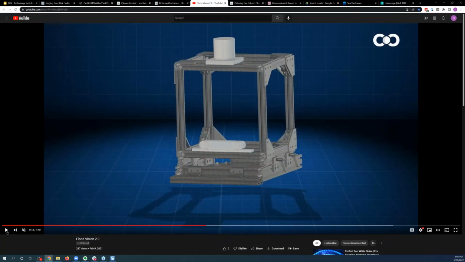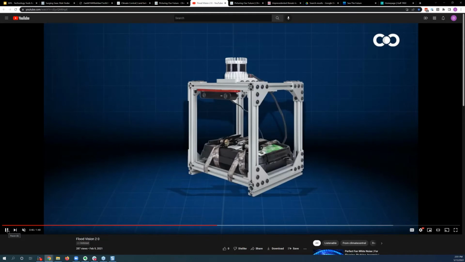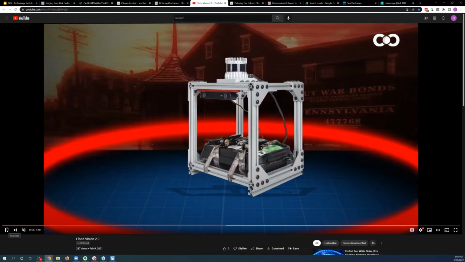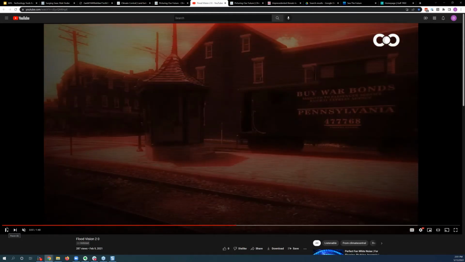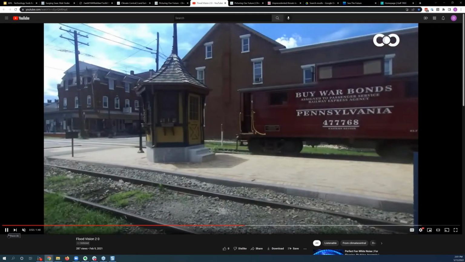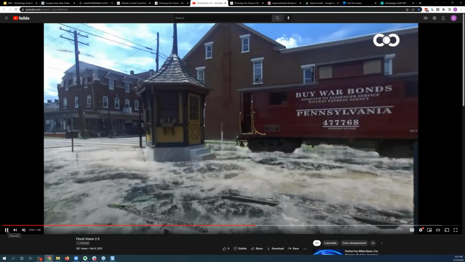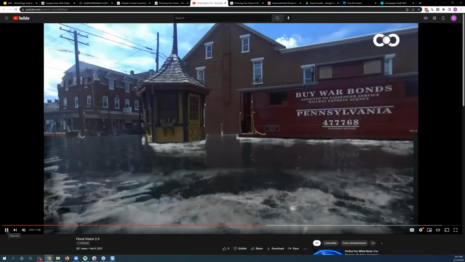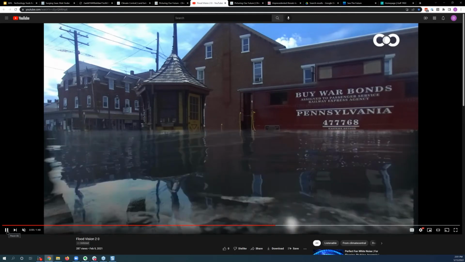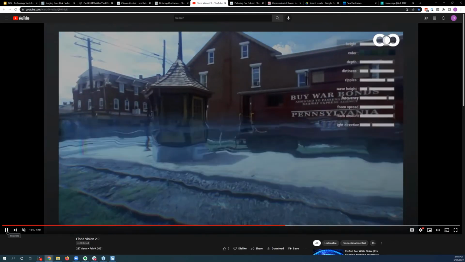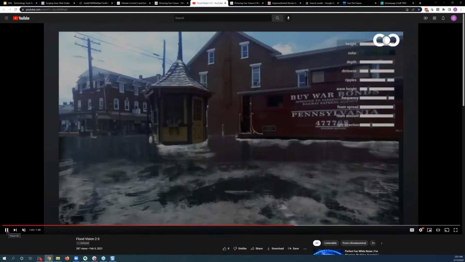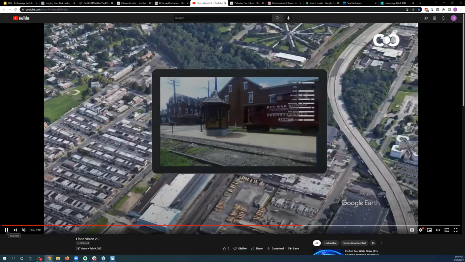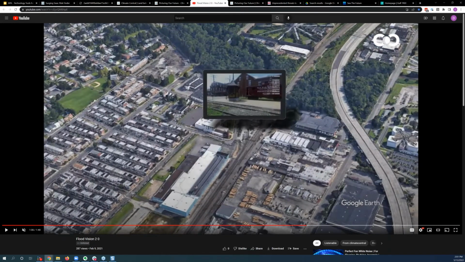Here's a brief video of what it is. It's basically a rig we put on top of a car, and we're driving through locations, collecting elevation data along with imagery. So it's similar to Google Street View, right? We're driving around and collecting not only just the imagery, but the location data. And this will allow us to create, as I mentioned, images at different water levels to serve different purposes.